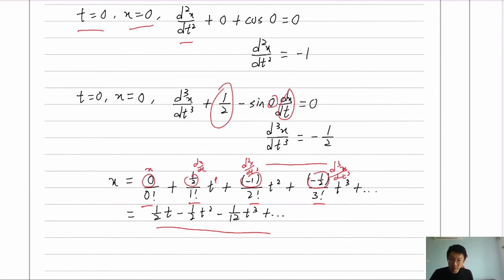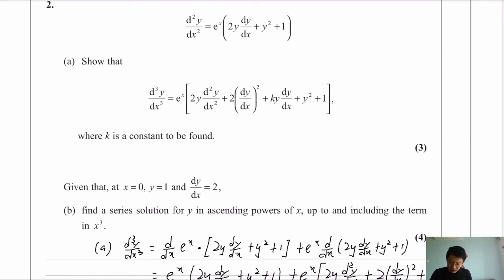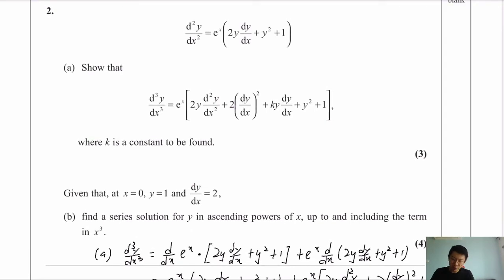All right, so we will actually look at the next question. The next question gives us d squared y dx squared in terms of x, y, dy dx, and so on, and we are supposed to show that d cube y dx cube is equal to this bunch of expressions. So basically it is not difficult to do, just that we need to be careful when